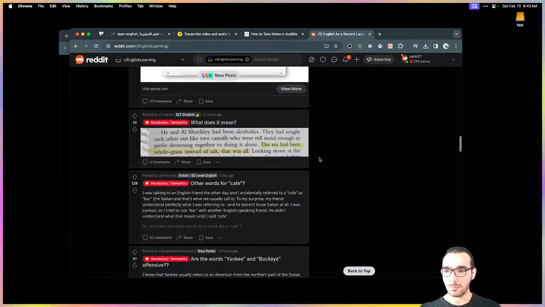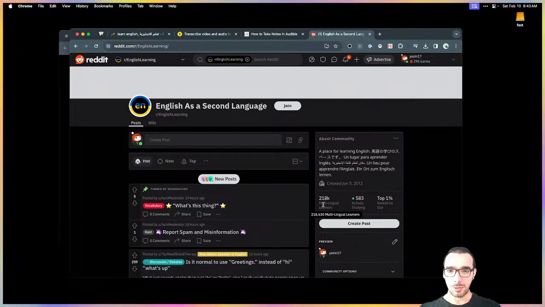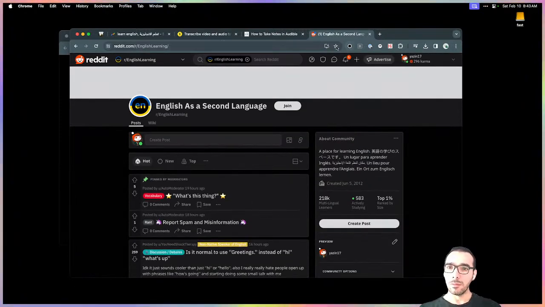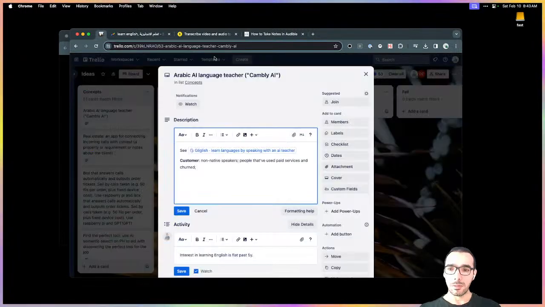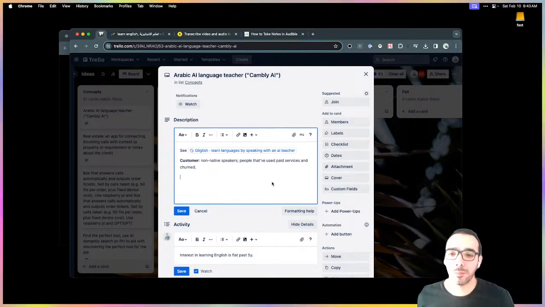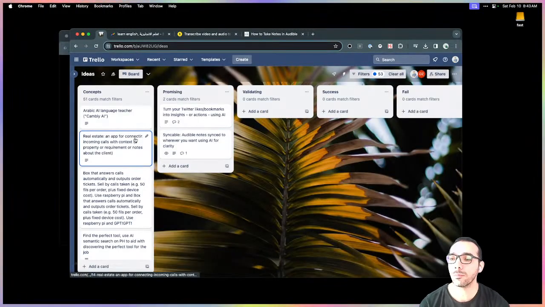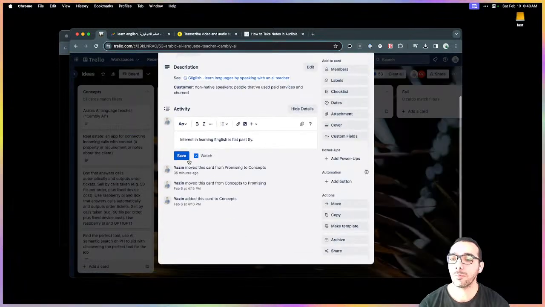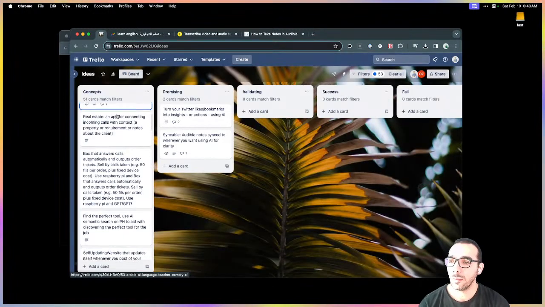What is this? Yeah, 218K members. I guess that's the problem with subreddits that are more general: the material is pretty off. Anyway, cool. I don't know about this. It doesn't seem super promising to me. Interesting. I don't know if it's super promising, but it's probably worth keeping on the list.